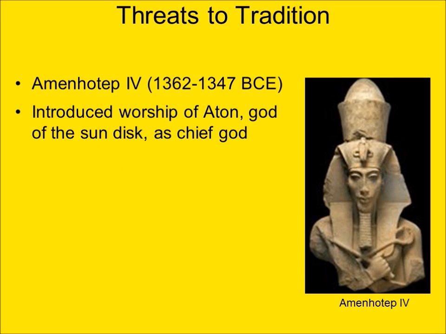Amenhotep IV represented a significant change in political and religious traditions in Egypt during the time. He changed his name later in life to Akhenaten, or It Is Well with Aten, the god of the sun disk. During this time, Akhenaten closed the temples of other gods, but his goals were as much religious as they were political. He wanted to lessen the power of the priestly class in the city of Thebes, the priests of Amun-Ra.